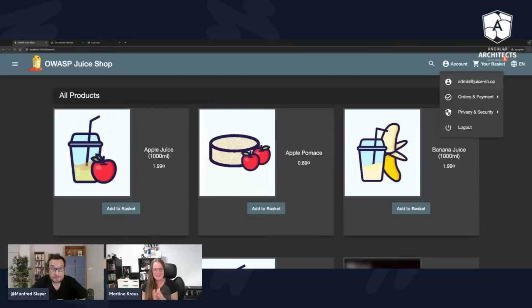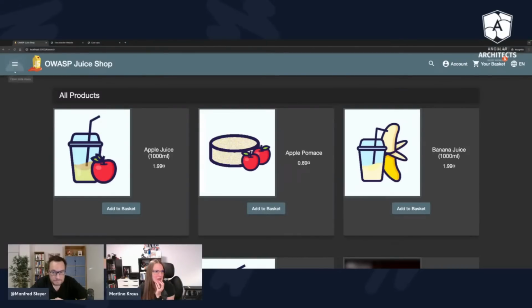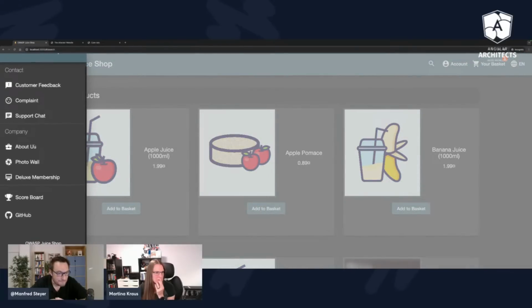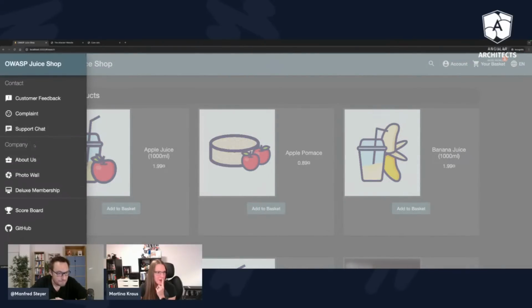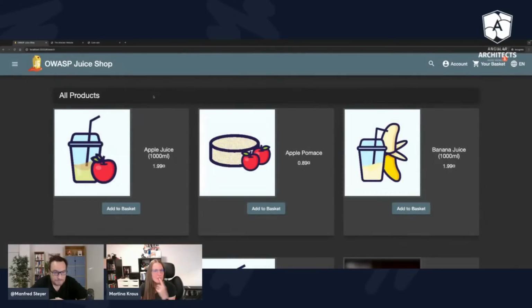It's not enough that just the front end is doing the work of encoding and sanitizing everything. Also do that in the back end. As Manfred mentioned, there are so many libraries, NuGet packages, Maven packages out there where you can easily do that. So cool, but we are in the admin section. We should maybe figure out where the admin area, the admin panel, is. So here's a menu. I don't see something like this over here. So we could just guess it.